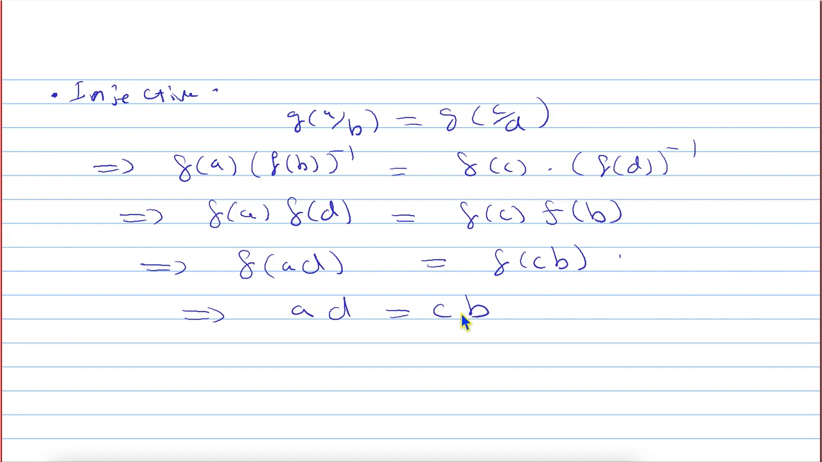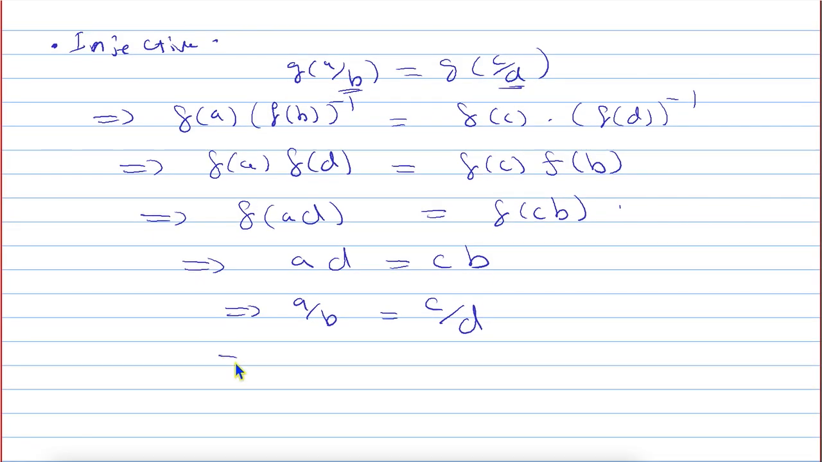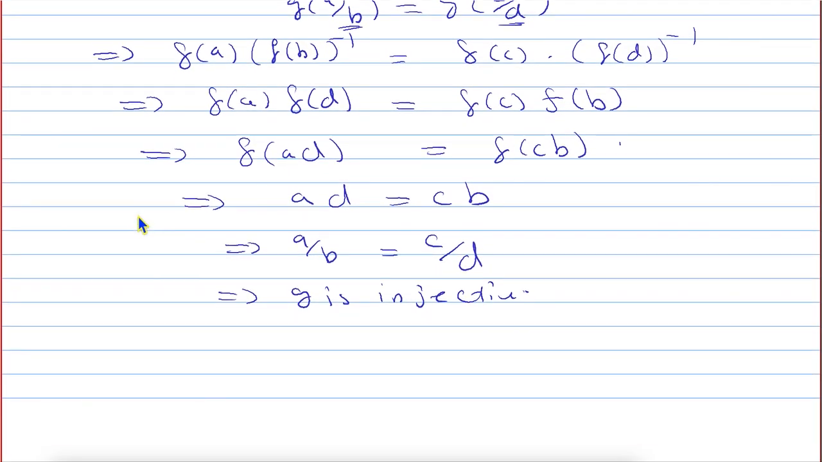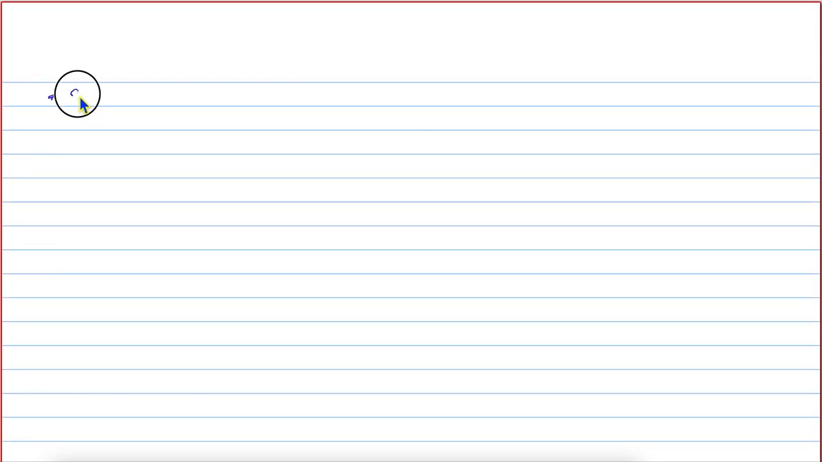And therefore, by just dividing both sides by B and dividing both sides again by D, we obtain A over B equals C over D, which shows that G is injective. So G is injective, okay? Now G is also surjective, and this is easy to see. So G is surjective,